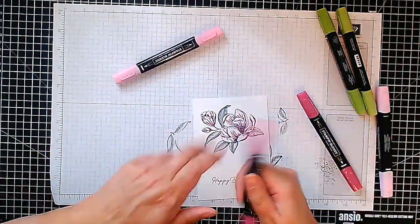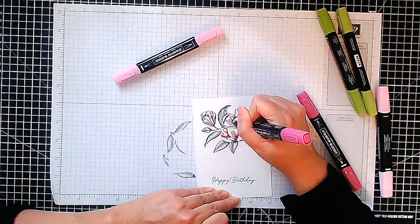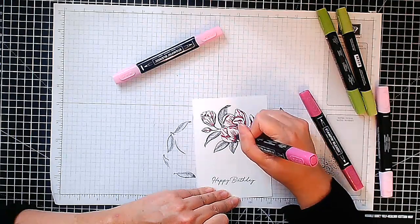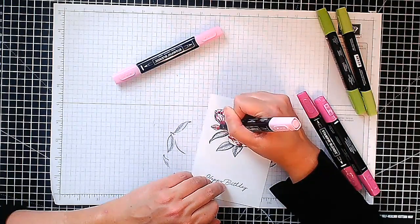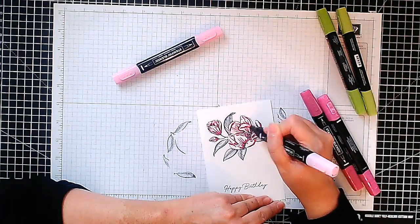I know you can see here I'm putting in a little bit more of my Berry Burst, this time the lighter colour. And I'm just building up where I think there should be shadows and intensity. And I'm actually going to mix four colours here. I'm going to mix Berry Burst light and dark and Bubble Bath light and dark together to achieve the colouring